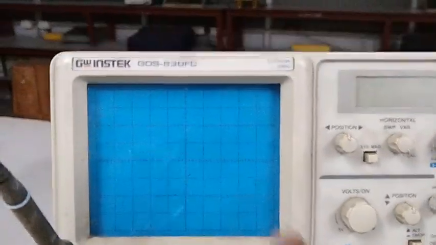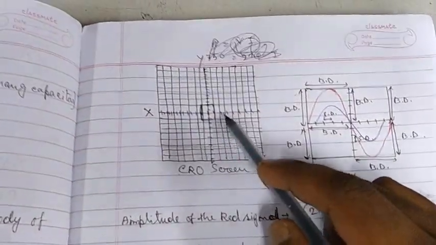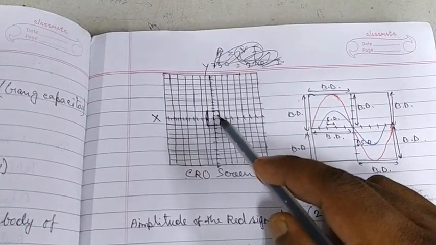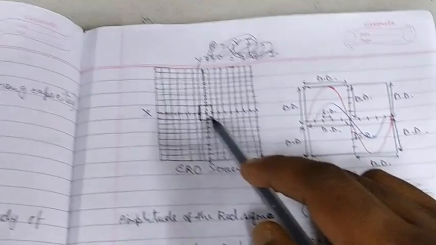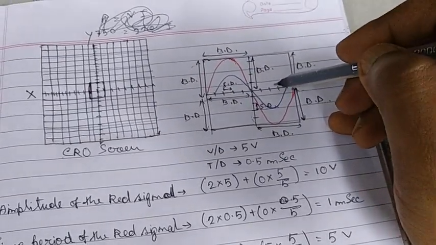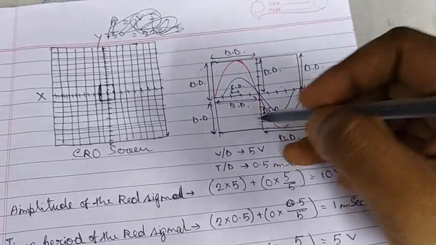See, this CRO screen has so many squares. Okay. Now suppose this is the CRO screen, and from here I have taken these 4 squares, 1 2 3 4. I have taken these 4 squares and drawn these 4 squares in large font to make you understand properly. Now see,